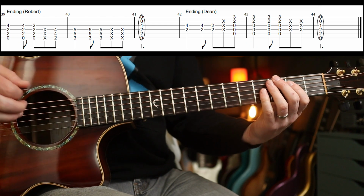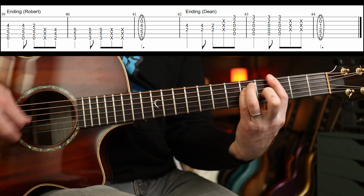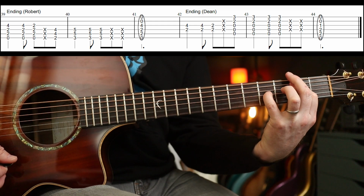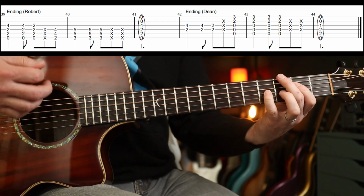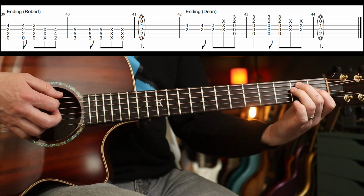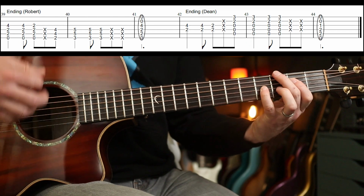I think it's 4 times. On the 4th time you get this, so Robert will be playing. He finishes on that chord. And Dean ends on... And he ends on a... Dean ends on a E major. So...